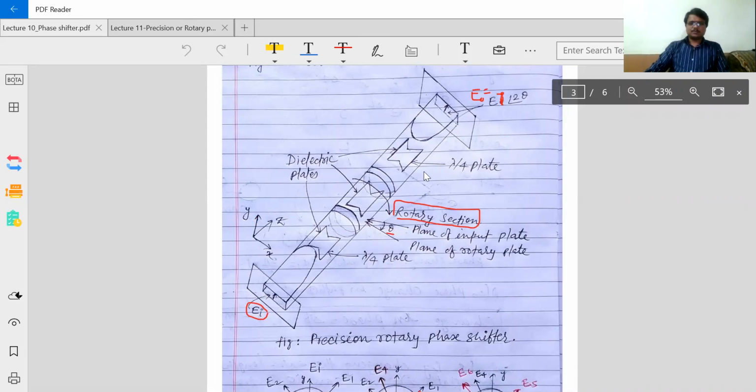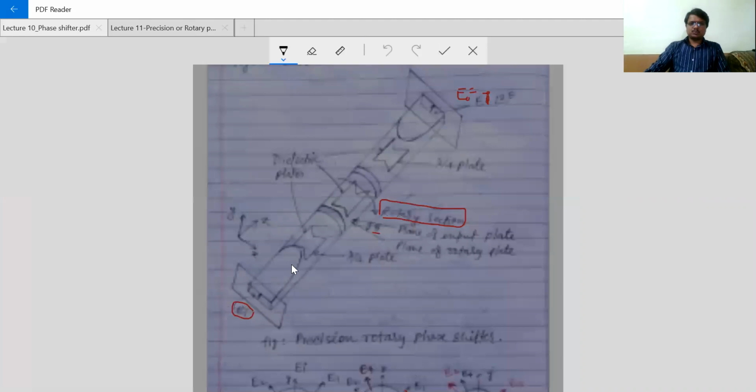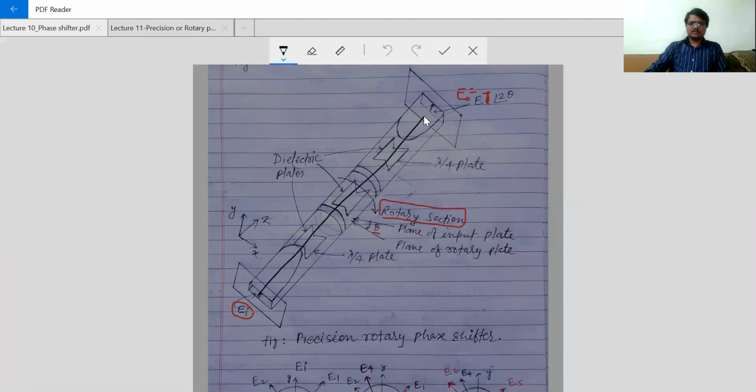If we provide the input Ei here, and it takes two paths, one through this rotary phase shifter and another path of the same length, then the phase shift will be equal to 2 theta. And what is theta? Theta is the angle between this input lambda by 4 plate and this rotary section lambda